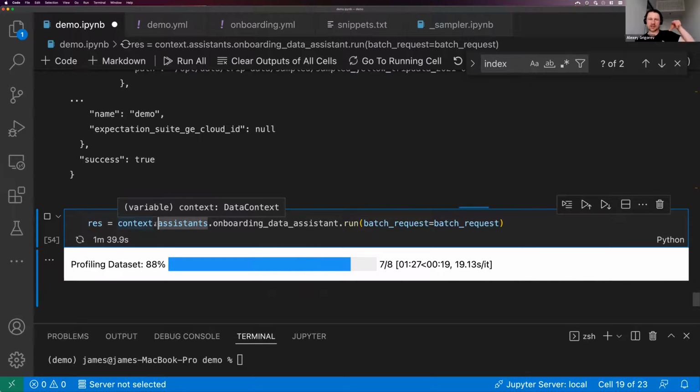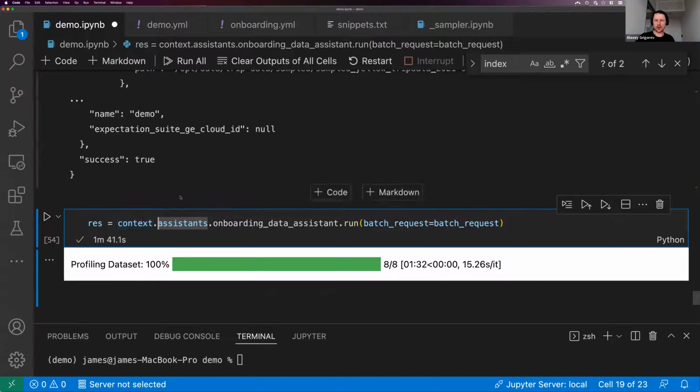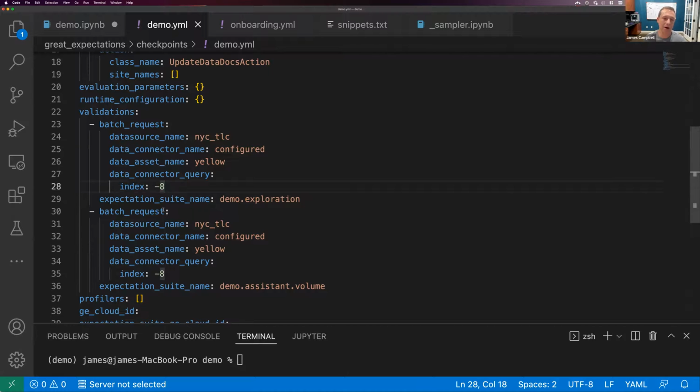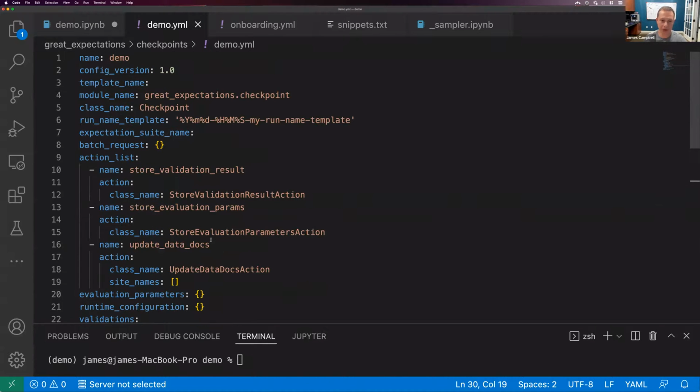I'm just wondering, this demo YAML and onboarding YAML, is it something you had to prepare, or were they automatically generated? Like, how did you create them? These are called checkpoint configurations, and you don't need to write them by hand by any means. Our CLI tool has a command, checkpoint new, that will give you a guided experience for creating the checkpoint. This is a cool feature in its own right, but would push our